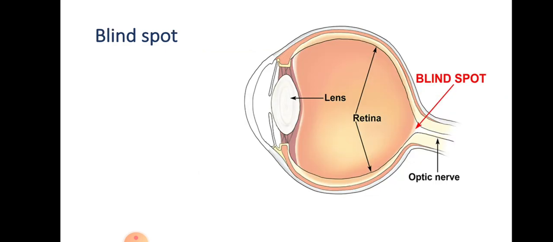So that part is called the blind spot. Here, this spot is the blind spot where the retina and the optic nerve meet. This one is the optic nerve and this is the retina. Both meet at this point, so this spot is called the blind spot. In this spot there are no sensory cells, so no vision is possible. Its existence can be demonstrated in the next one.